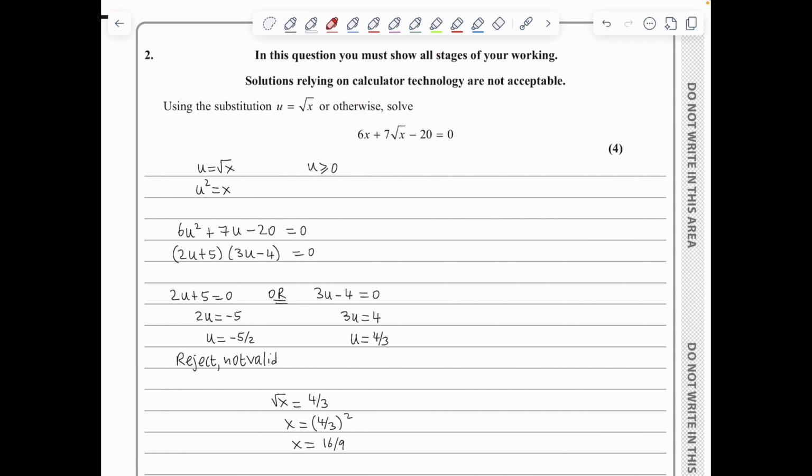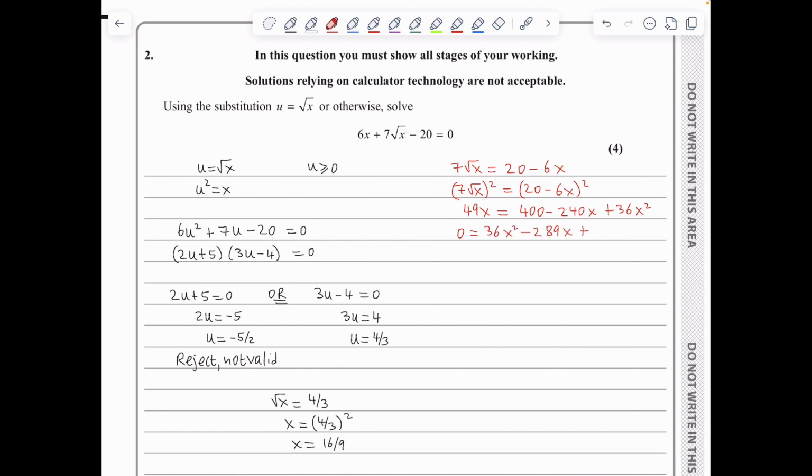Alternatively, I could have avoided completely the advice of using the substitution u is root x. So what I could have done is isolate the root x term. So we're looking at 7 root x being 20 minus 6x. I will now square both sides. So we're looking at 7 root x squared being equal to 20 minus 6x all squared. So we've got 49x being equal to 400 minus 240x plus 36x squared, leading to 0 being 36x squared minus